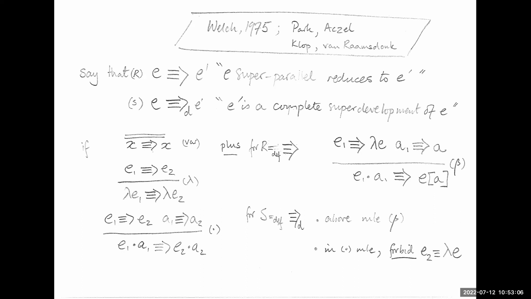So if I have sigma and sigma prime in this relation, and I pick out an index x to look up in the substitution, and those substitutions in parallel do all this super parallel reduction, then so will their images when I look up at that index. So at the base, I've got the result. And then for the structure, well, I just push everything through the structure. Okay? Because that's the meaning of contextual closure.